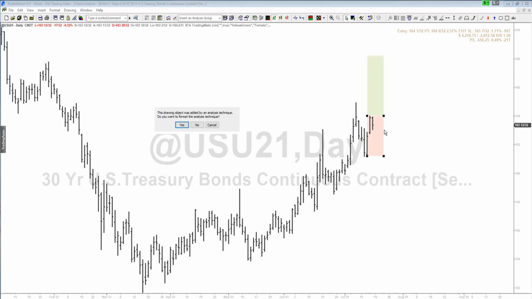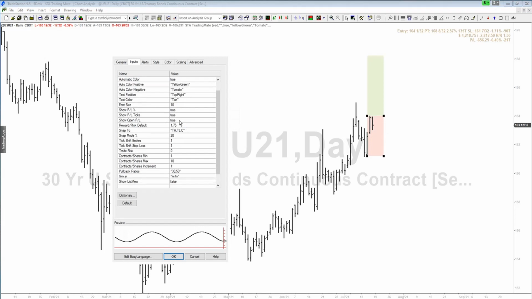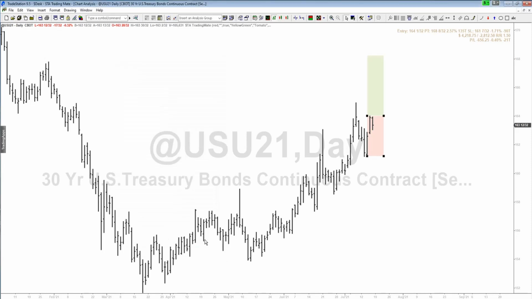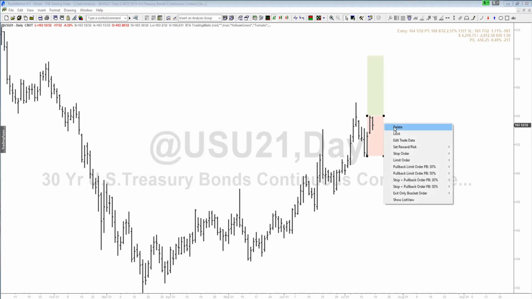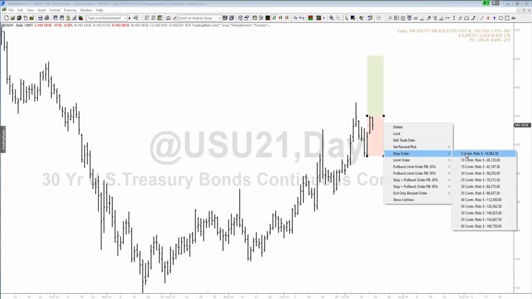In the indicator's inputs you find settings to customize that, so you can specify a minimum number of shares. Let's say we trade a minimum of 5, we want to go up to 60, and we want to have that in increments of 5. That would now change the order submenu to have a minimum of 5 contracts, and then in steps of 5 we go up to 60, and again we have the associated risk with the number